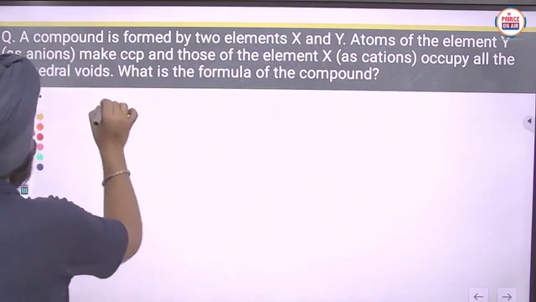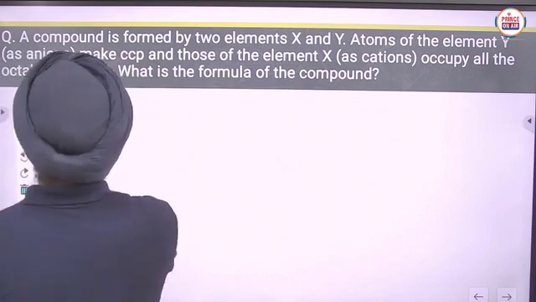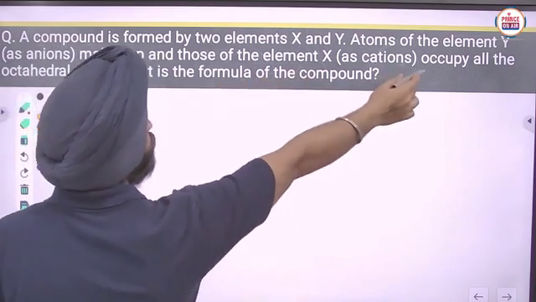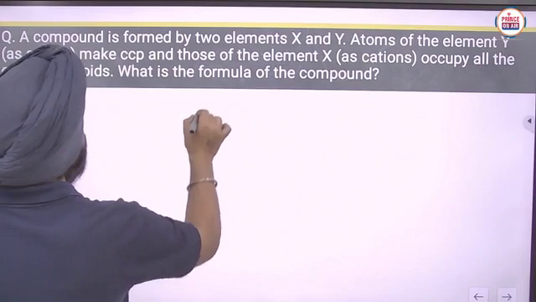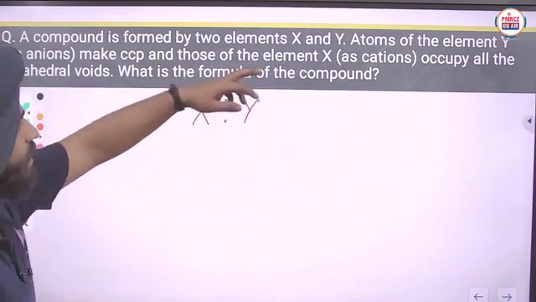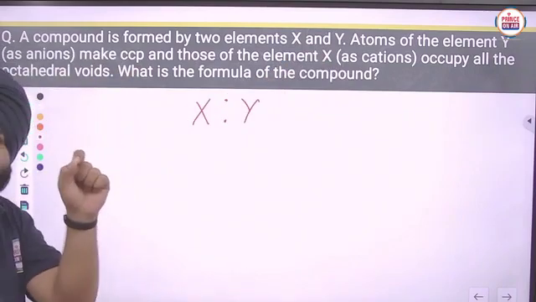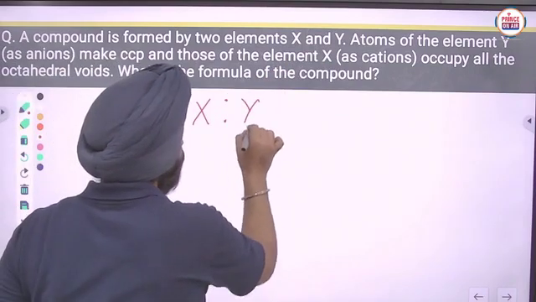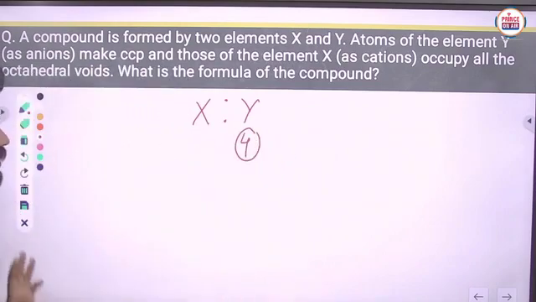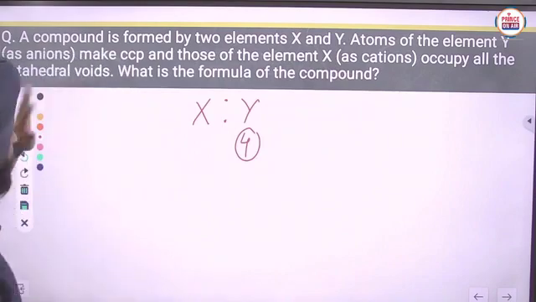You have to see the question carefully. Here we have to take the ratio of X and Y. The atoms of element Y make CCP, which means they will have 4 atoms. Then those of element X occupy all the octahedral voids.